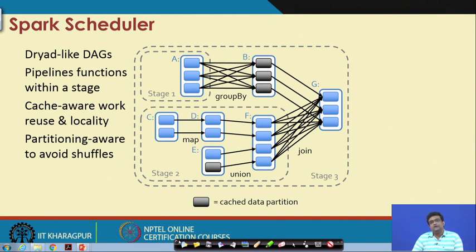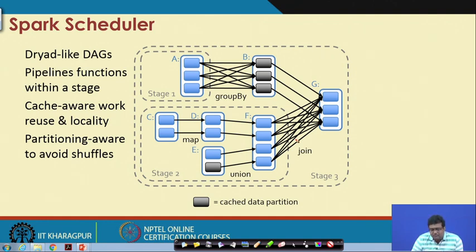So, we recall that we had said that whenever a Spark program is written and executed, until an action is called, only the lineage graph is created. So, this is an example of a lineage graph. Okay. But in addition, A, B, C, D, E, F are the RDDs in this lineage graph. So, in the lineage graph all the nodes are RDDs and the arrows are showing the dependencies.